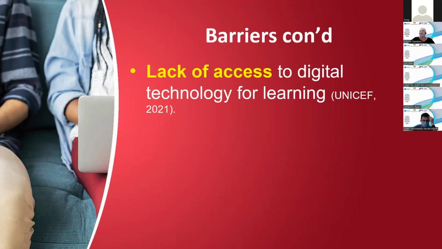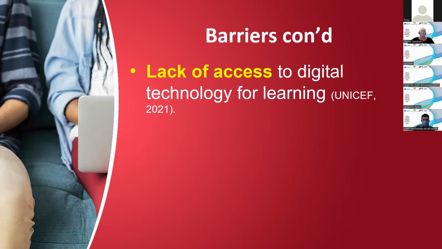So other barriers, a lack of access to digital technology. We assume that people have access to computers, but quite a few people do not. It's interesting, we anticipate that everybody in America has access to a computer, but as Cable Green was saying, they don't. So we can't assume that the students we're working with have access to that type of technology. And I think we need to be very aware of that in a number of situations.